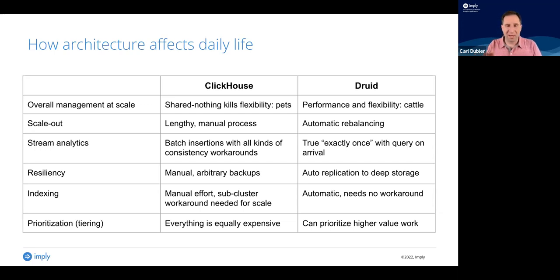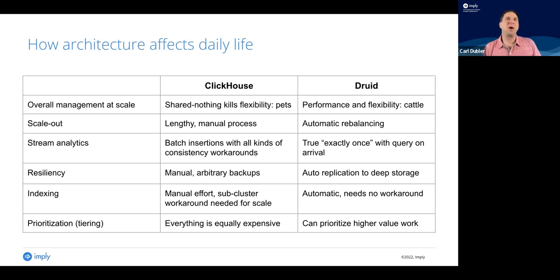This is where having those extra 2 components and having that deep storage layer pays off, when you start to have big scale, you will want this kind of capability. We talked about stream analytics already, how we're true streaming analytics with exactly once guarantee. We talked about resiliency and how we're automatically replicating to deep storage. We didn't talk yet about these last 2 items, so let me touch on them briefly. But again, this is a consequence of having an architecture that's built for scale, having those extra components. This is where that begins to pay off.